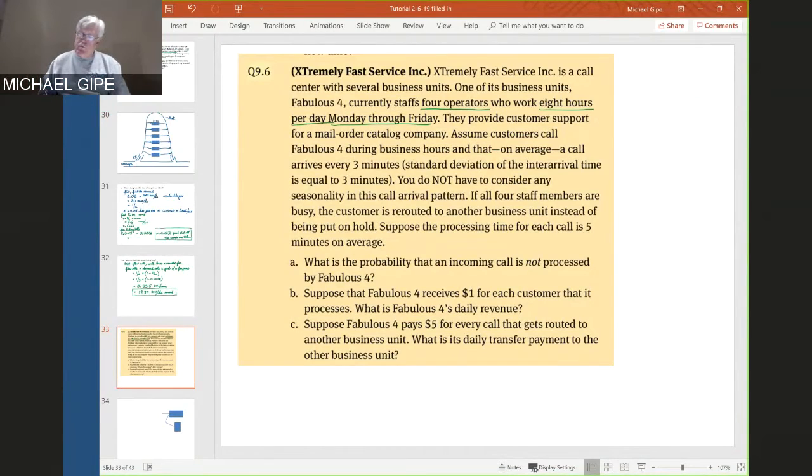Customers call during business hours, and on average, a call arrives every 3 minutes, with a standard deviation of 3. So again, CV of 1, you do not have to consider any seasonality in this call arrival pattern. In other words, it's kind of variable but uniformly distributed. The average and